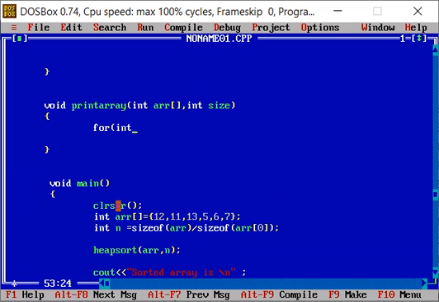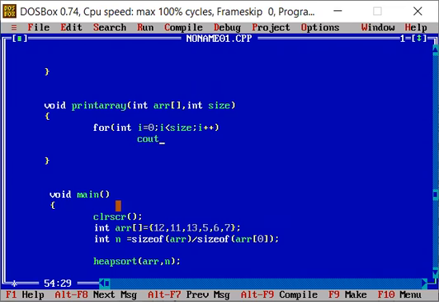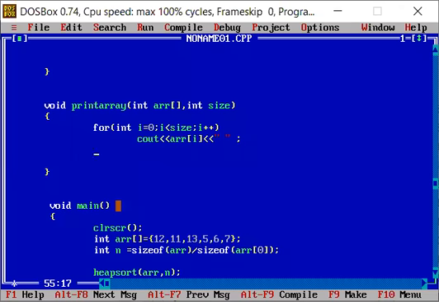For int I equals 0, I less than size, then I plus plus, and we'll have only one statement in it, that is ARR of I. We'll print this one, put some spaces between each digit, and then we can display a new line if we need. So that is our print array function.